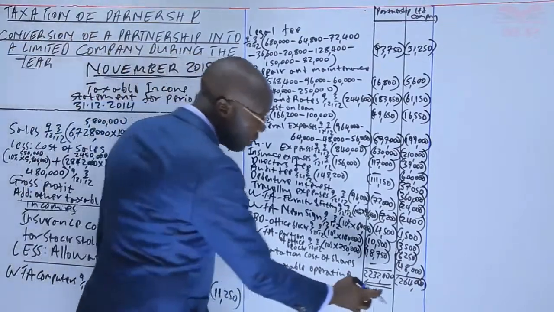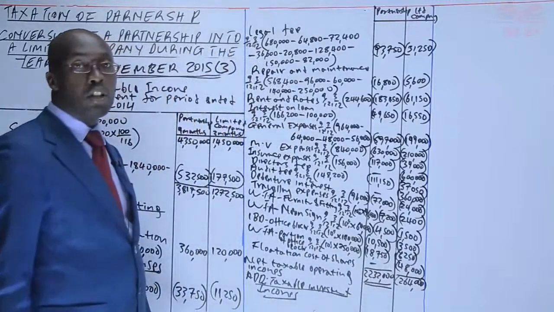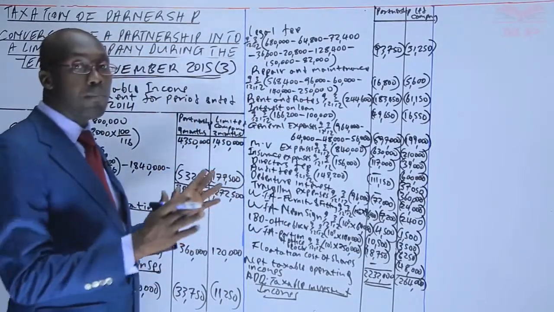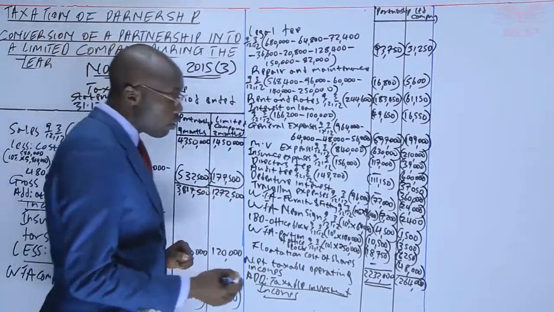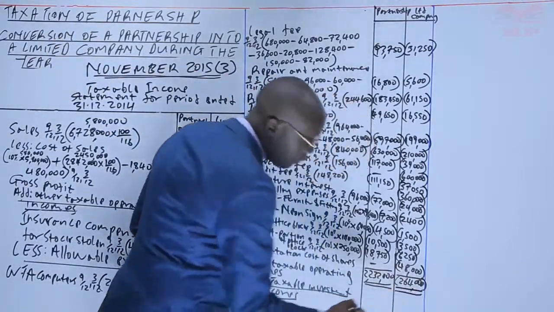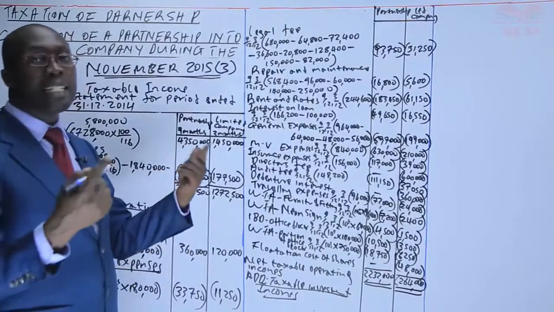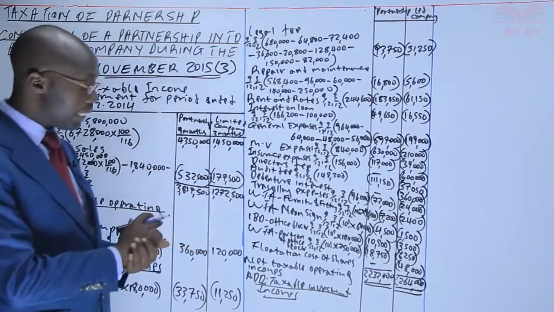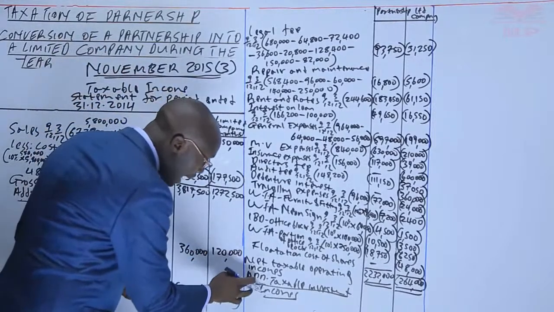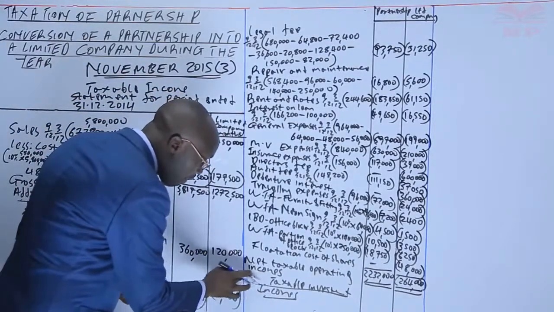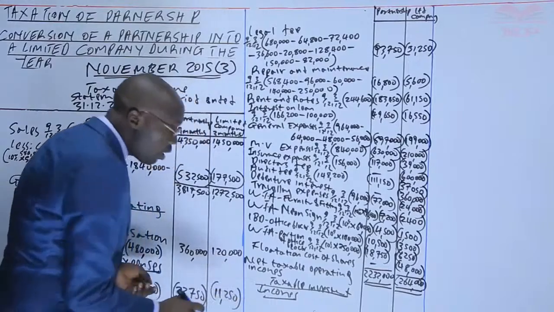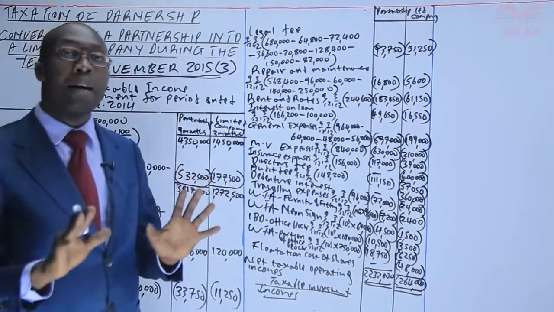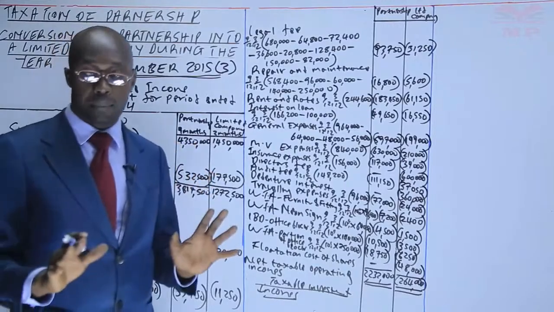But how about in case the operating income is negative? We don't add, take that loss and deduct it against income from other sources. That's what we said. So for this one, we will normally cross here. It will wait until next year where it can be deducted against the taxable profit of next year. But for now, it ends there. So we should not say we add then here because we have a loss from operation. We just now determine the taxable investment income separately and tax the company on that investment income only.